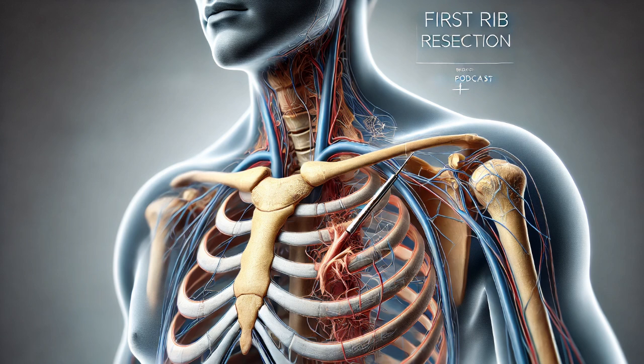Okay, so once they get to that first rib, do they remove part of it like they do in the supraclavicular approach? They do. But here's a key